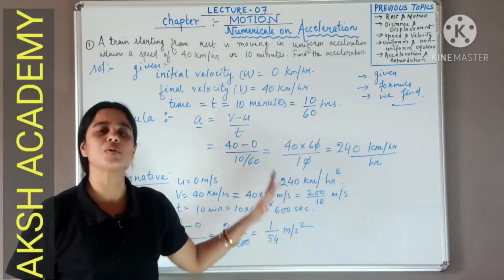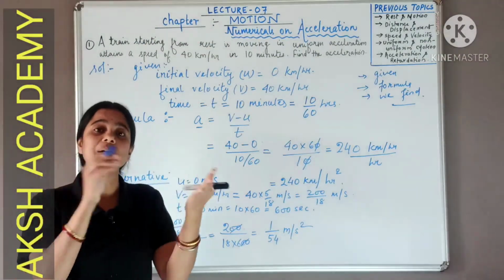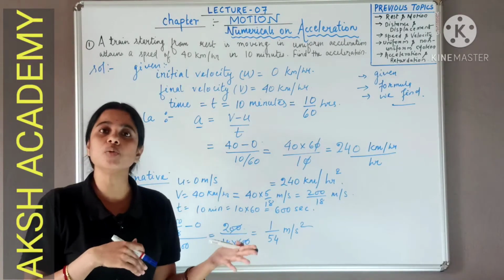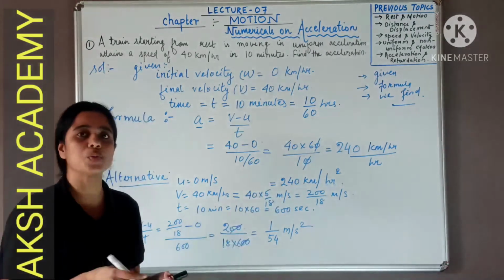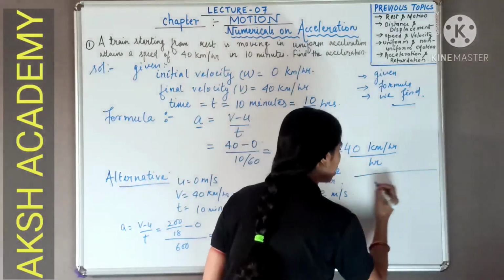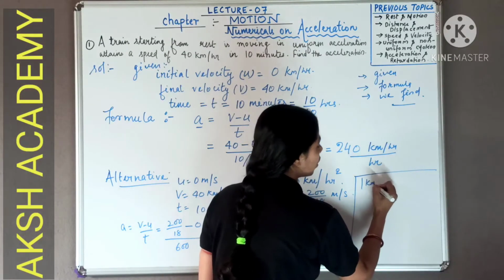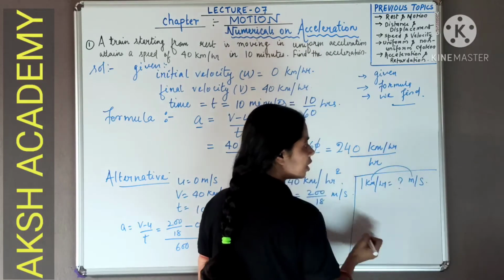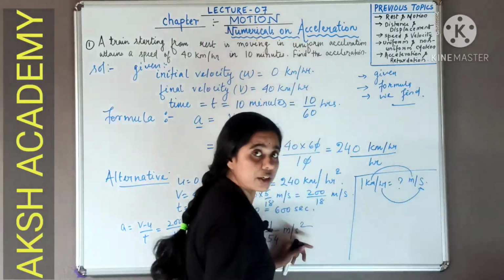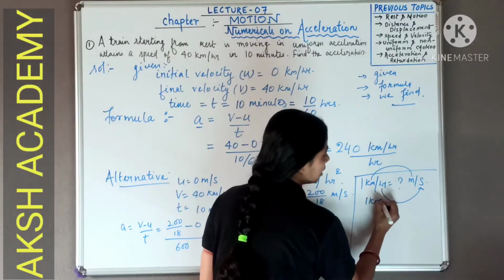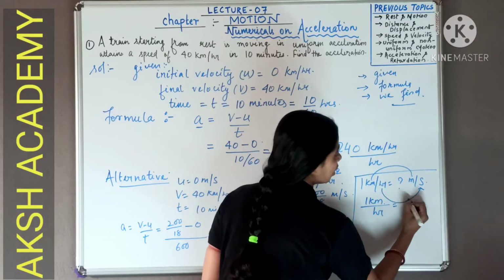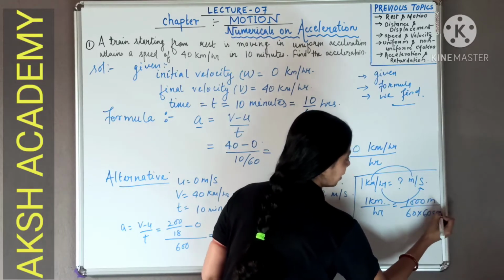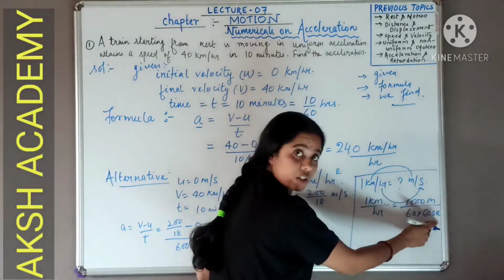And using this process, you can solve any question while converting meter per second into kilometer per hour or kilometer per hour into meter per second. We will use this relation which we have already discussed. Once again, we'll go in short. We have to convert 1 kilometer per hour to meter per second. Kilometer has to be converted into meter and hour has to be converted into second. So 1 kilometer by hour is equal to 1000 meter by 60 into 60 second. Kilometer is changed to meter and hour is changed to second.